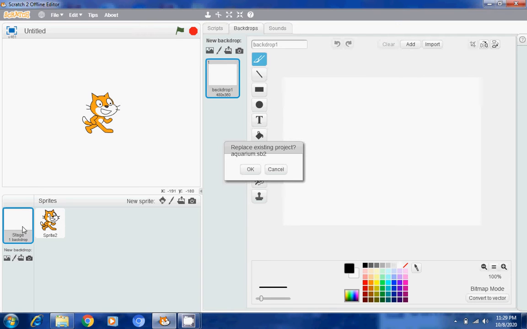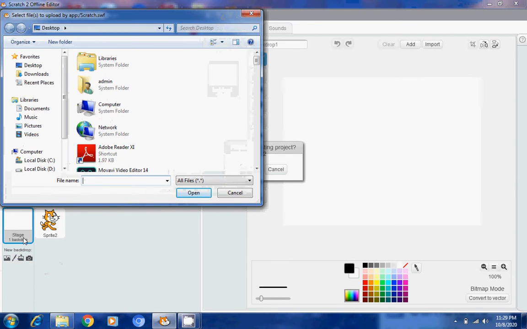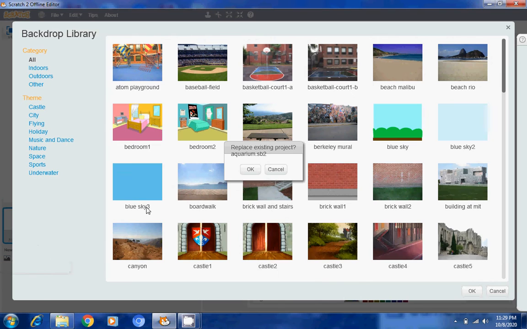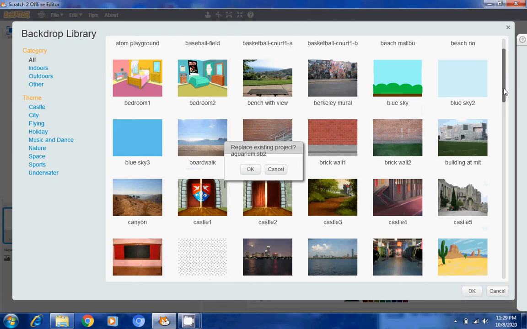We will click on this. Now we will take a new backdrop from here. Not upload, we want it from the library. Choose a backdrop. Now we will find the underwater backdrop in this. So let's find underwater.